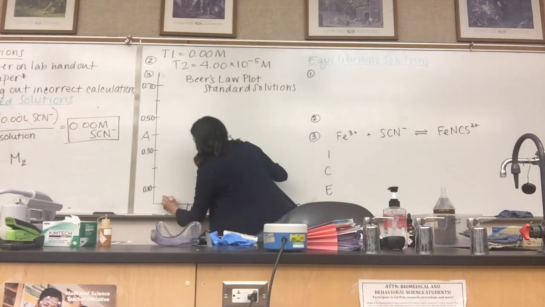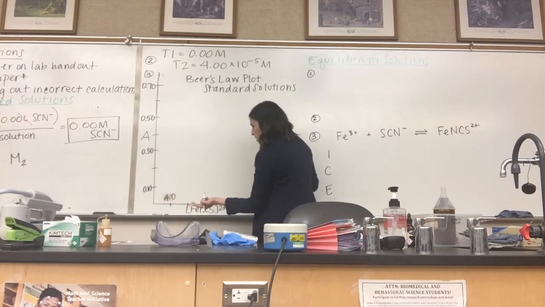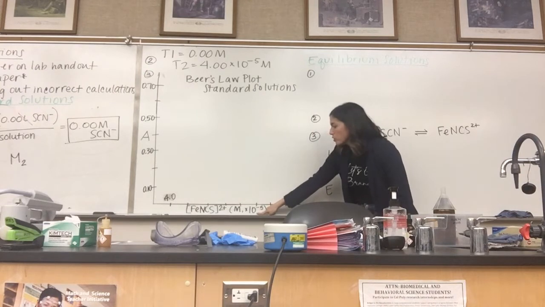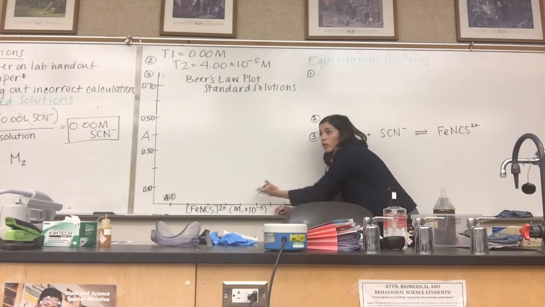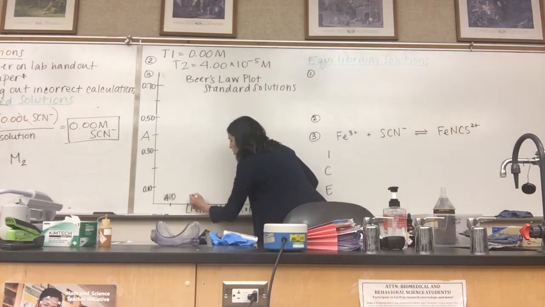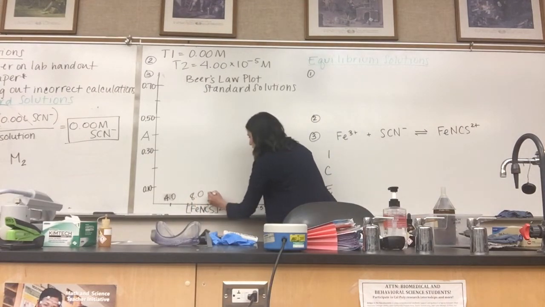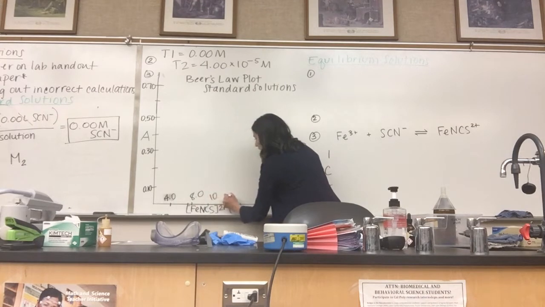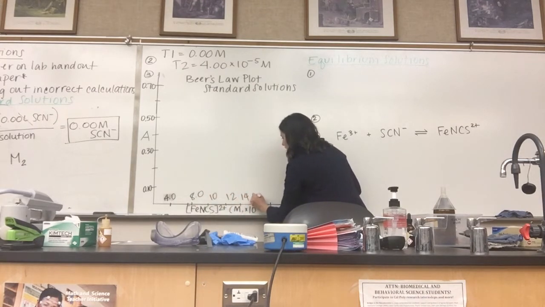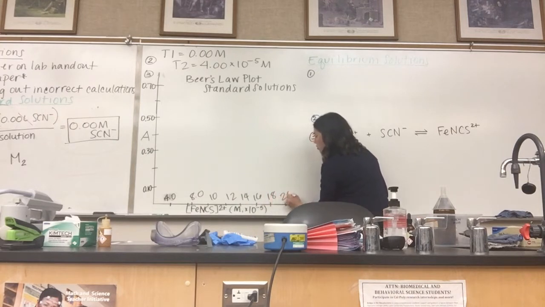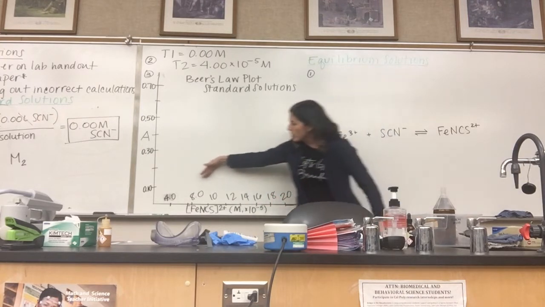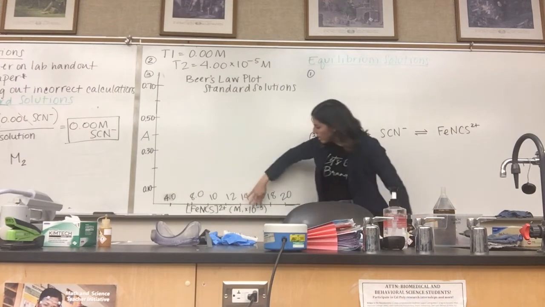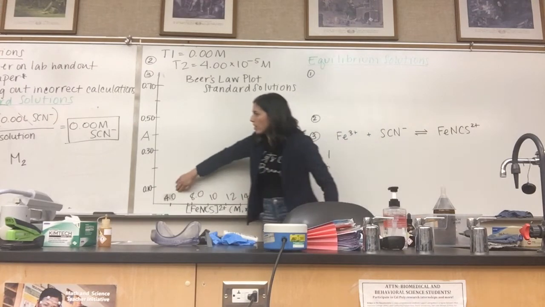you could start with 2, or let's start with 4 maybe, because that's your first one. 4.0 for this one, which is the same thing as 4 times 10 to the negative 5, right? You're applying this scientific notation right here. The next interval could be 8.0, then we could do 10, then 12, then 14, then 16, then 18, then 20. Okay, this right here, 4 times 10 to the negative 5 is the same thing that you got for